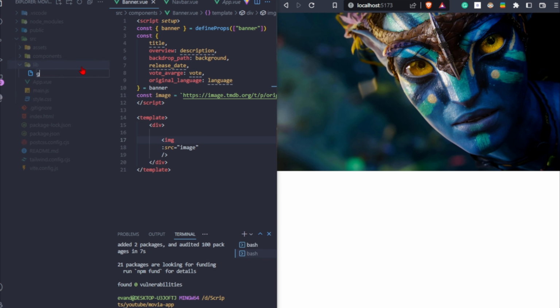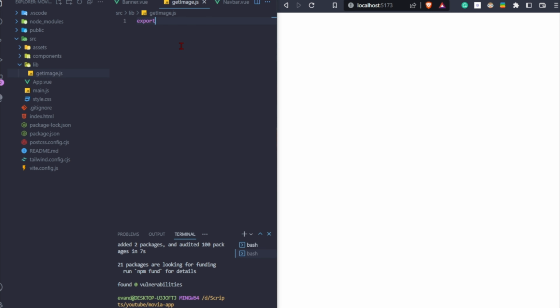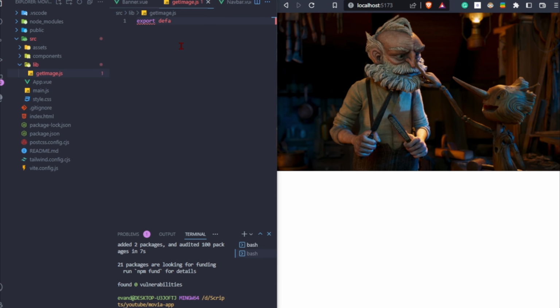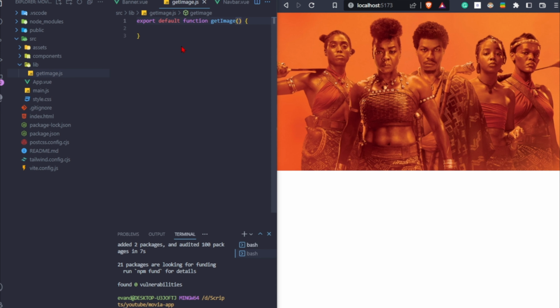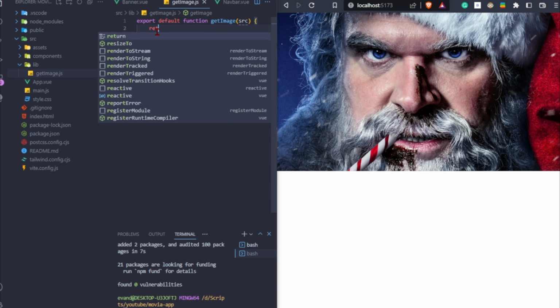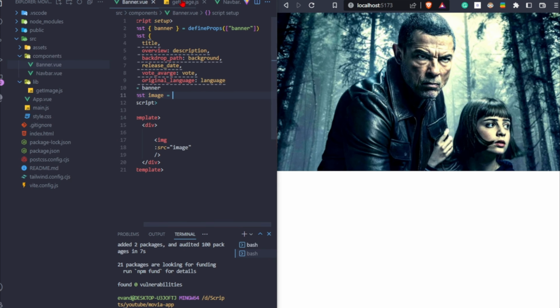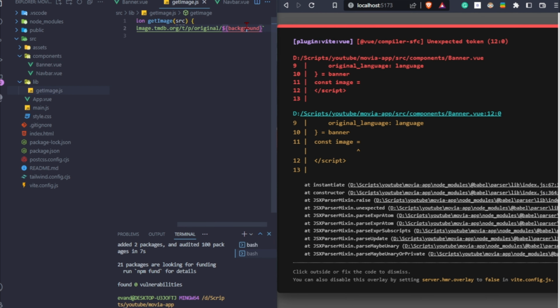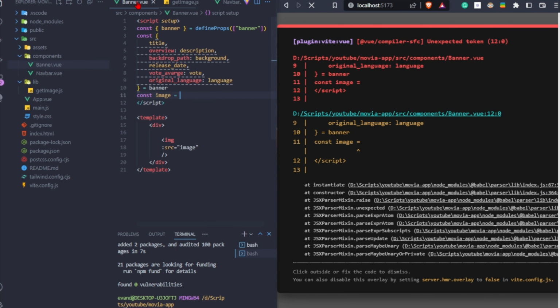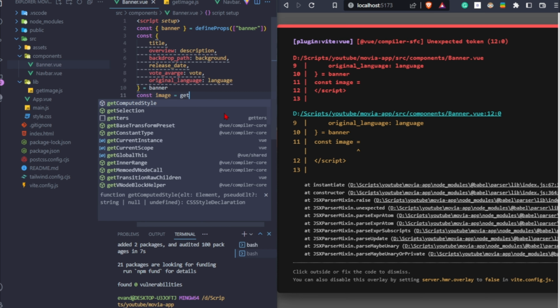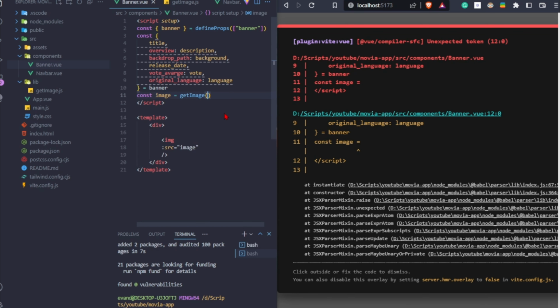And inside the lib, we're going to create a file named getImage.js. This is going to be a function. This is the default export, a function named getImage like this. And this function is going to receive a src and is going to return, in the end, this string right here with the src, just like this. Now what you can do is call this function getImage and pass the background right here, and make sure to import